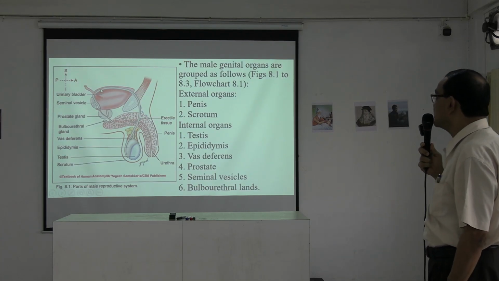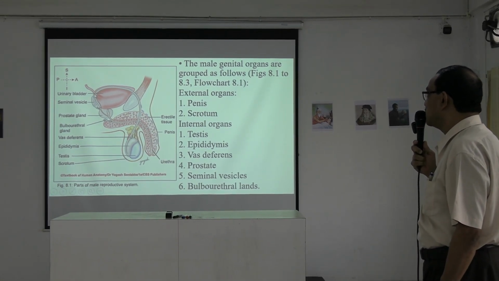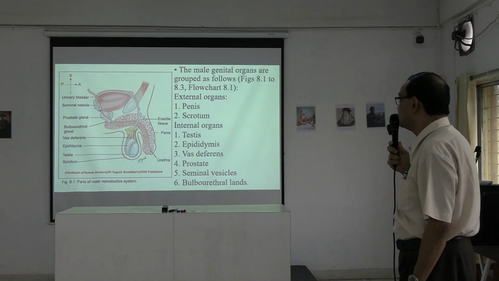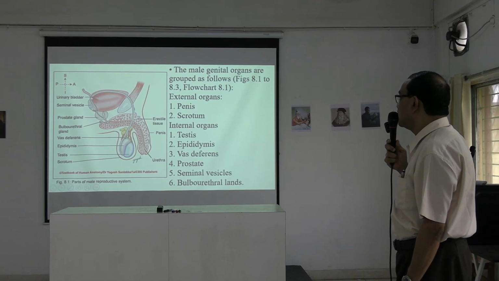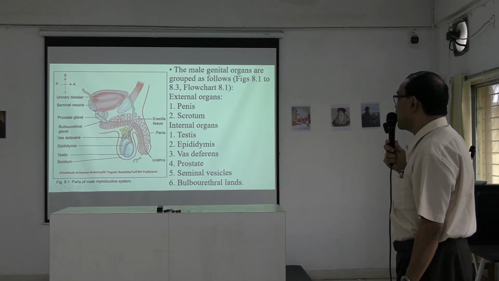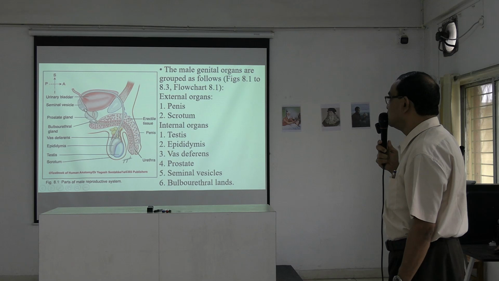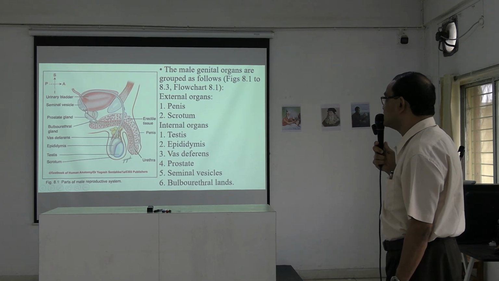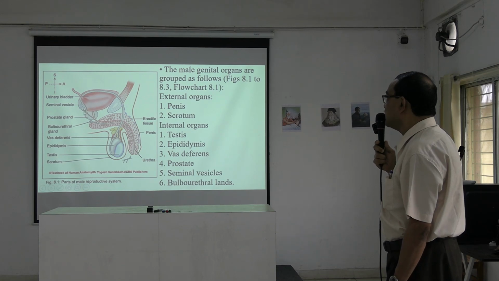In the previous slide we can see it hooks medially the ureter at the base or the posterior surface of the urinary bladder. The pink one is the urinary bladder, and behind the urinary bladder we can get the trigone of the bladder, external trigone, where we can see this tubular structure or the vas deferens or the ductus deferens. It joins with another duct which is coming from another gland which is called seminal vesicle, and ultimately they form